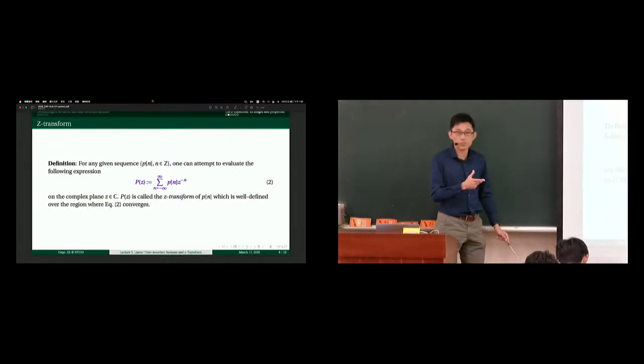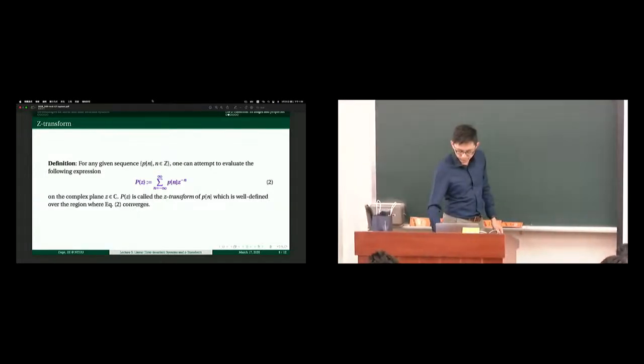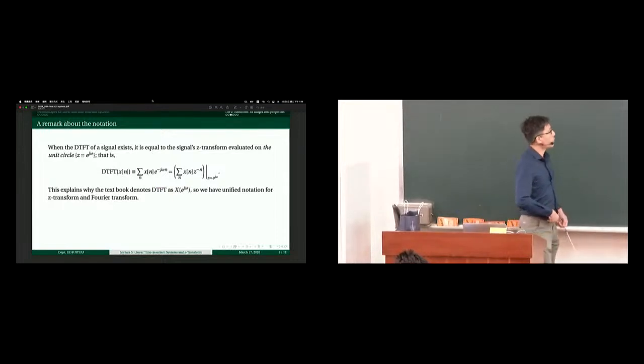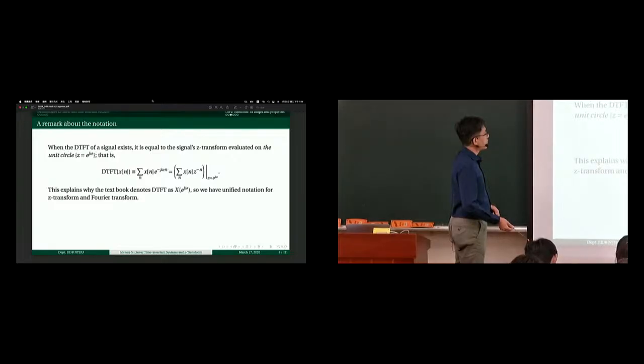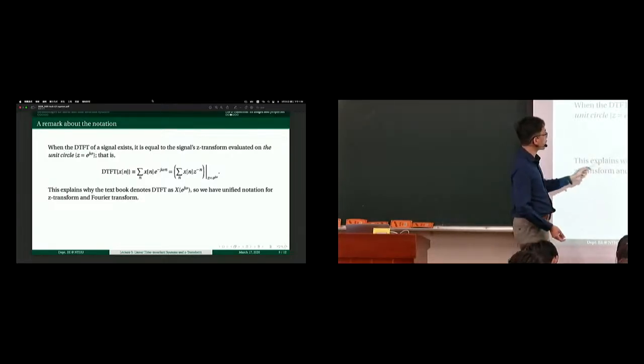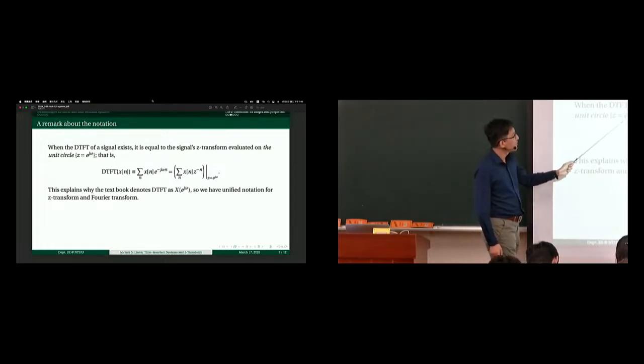Most generally, this expression converges somewhere and diverges somewhere. Keep that in mind. But the next thing worth mentioning is that if the expression converges on the unit circle,